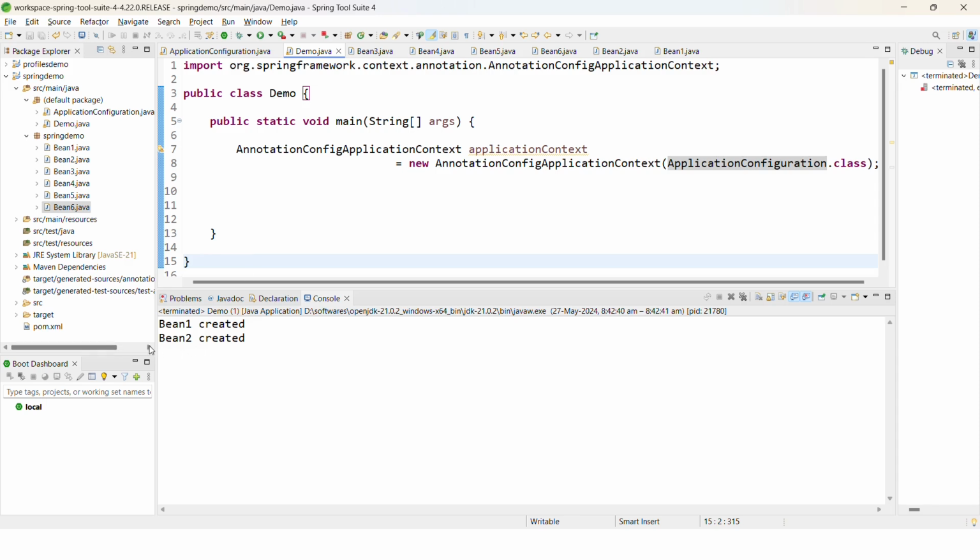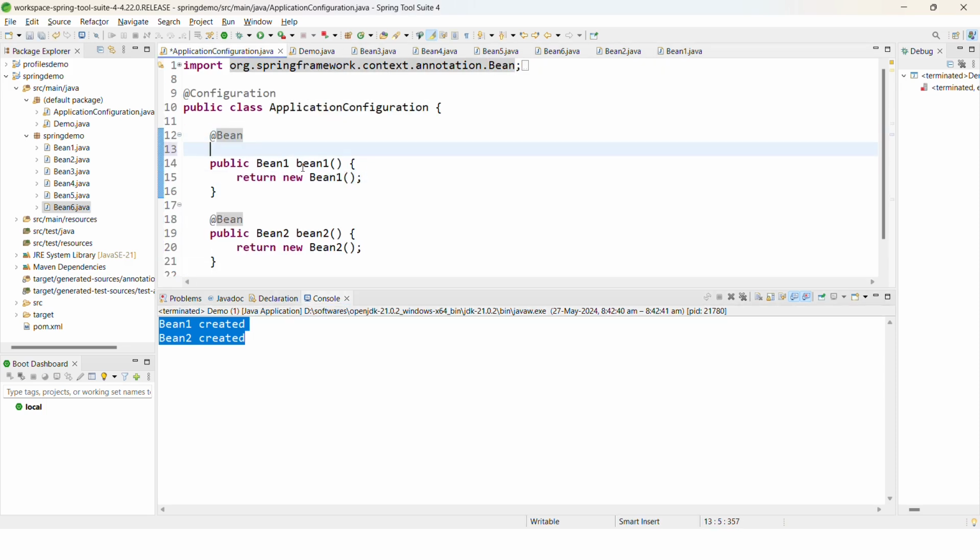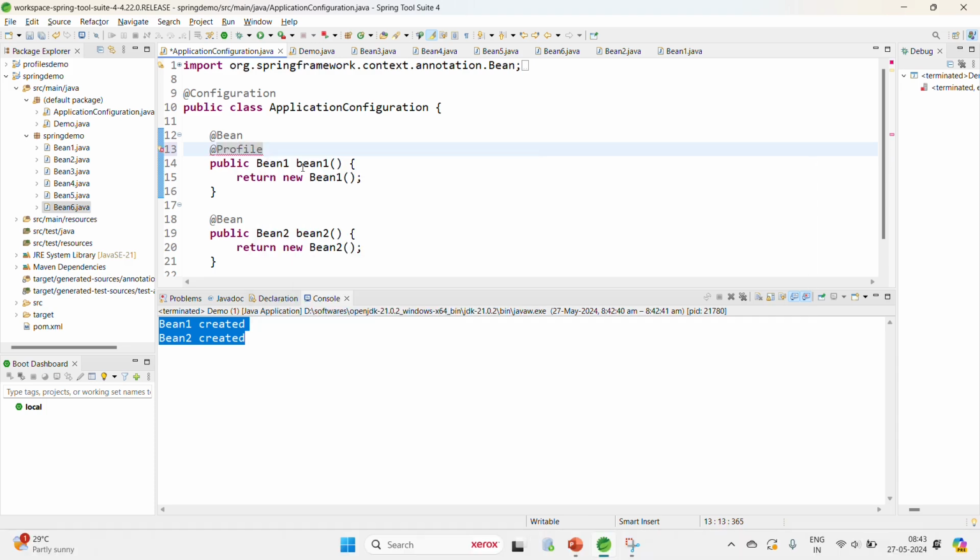Let's say I want to create this bean1, bean2 only for profile 1. Let's see how we can do that. One way is to use it directly on the bean. Here I want to make it profile 1,